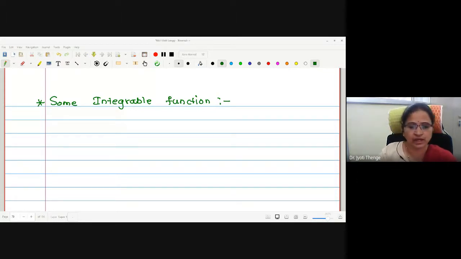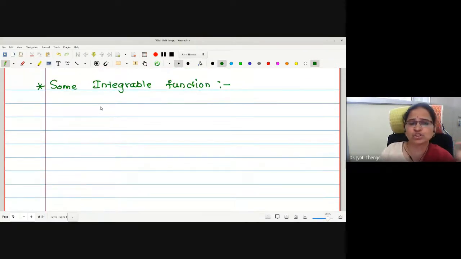Okay, let me prove a statement. This is one of the properties you can check, because in future suppose you have a continuous function in your hand, is there any necessity to check the integrability by definition 1 or definition 2? No, because we know the fact that every continuous function is integrable.